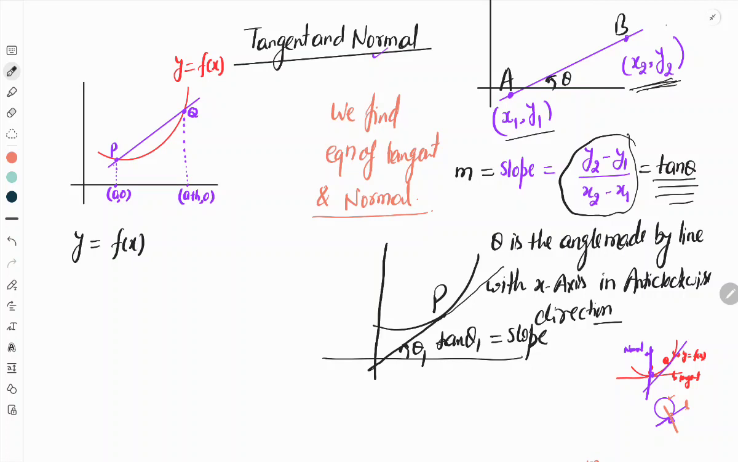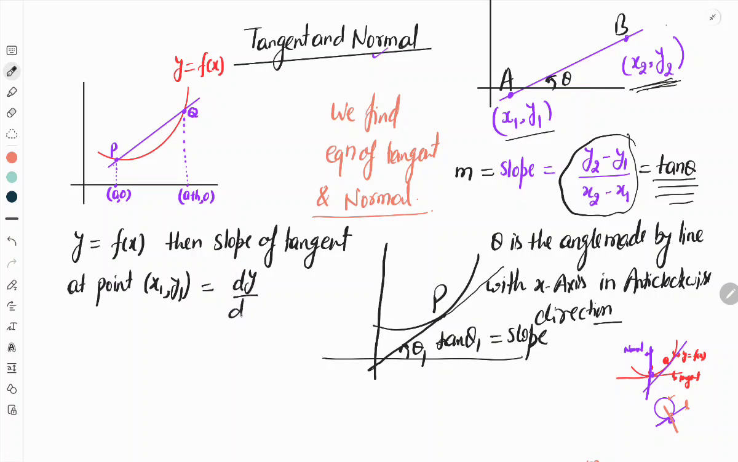Okay, if a curve y equals f(x) is given, then the slope of the tangent at point (x1, y1) is equal to dy/dx. It means what? It is f'(x). dy/dx will be what? f'(x)